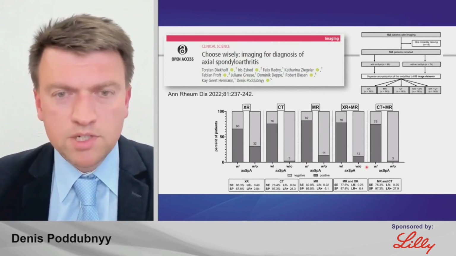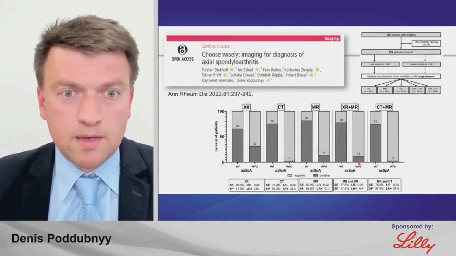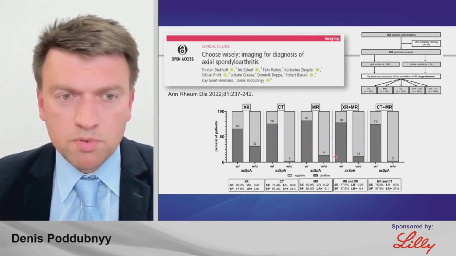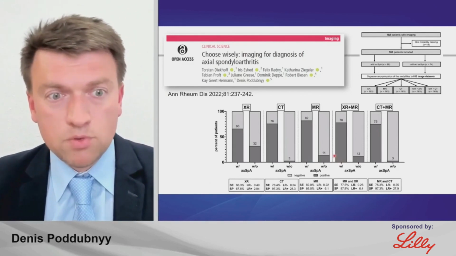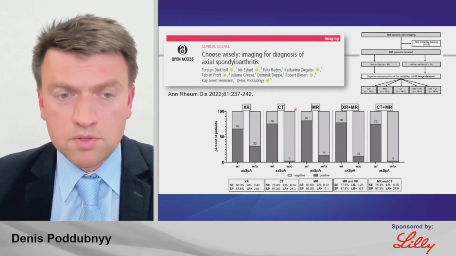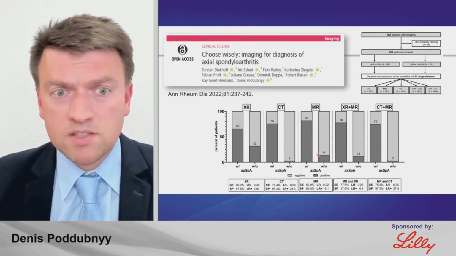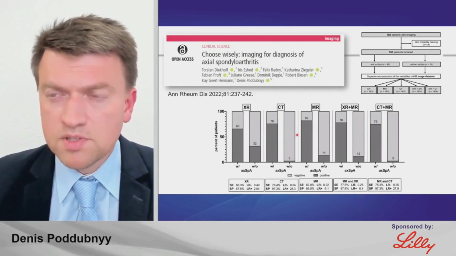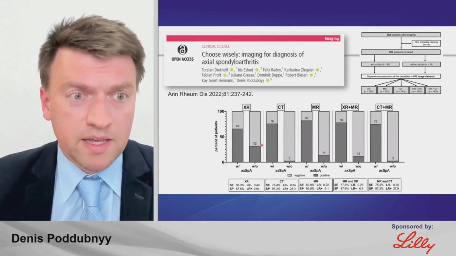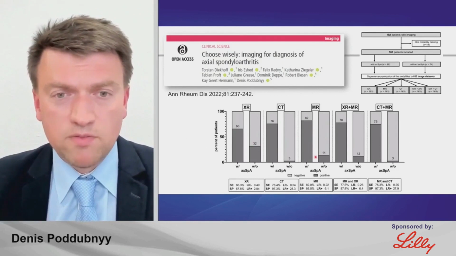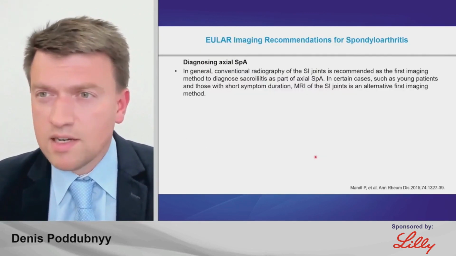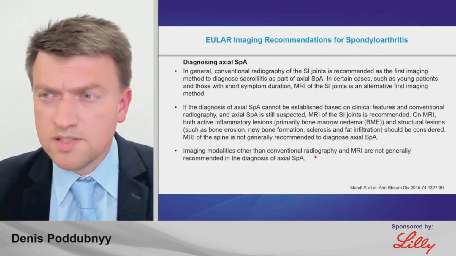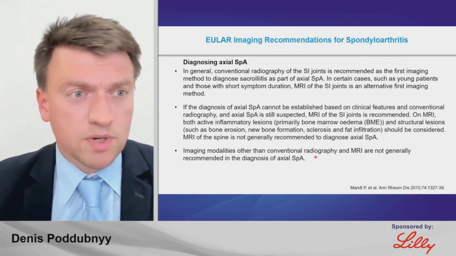So if the budget, if resources are not limited, you are able to perform advanced imaging right away, then I would recommend to start with MRI, and only in an uncertain situation one could go for a CT. Otherwise, if resources are limited, then X-ray would still be the first imaging method, followed by MRI. And this is also reflected by the current ASAS-EULAR imaging recommendations, and MRI is here the imaging method that is recommended after